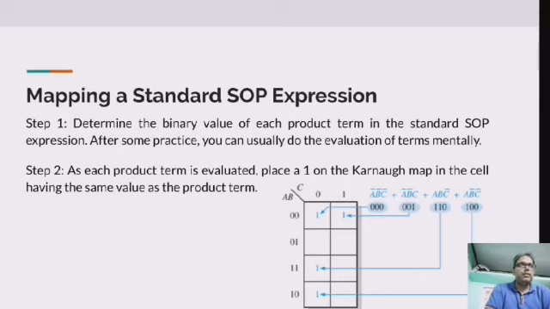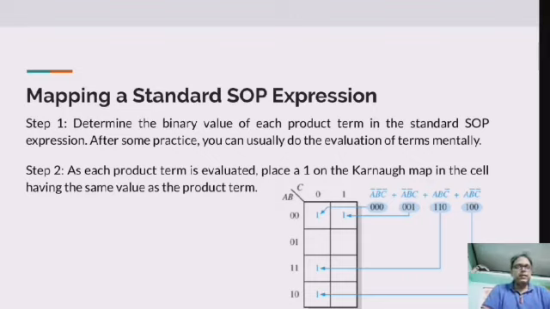For example, for a product term ABC, the binary value is 111. On the other hand, for a term A plus B plus C, the binary value will be 000. So the very first step is to find the binary value of each term in the standard SOP